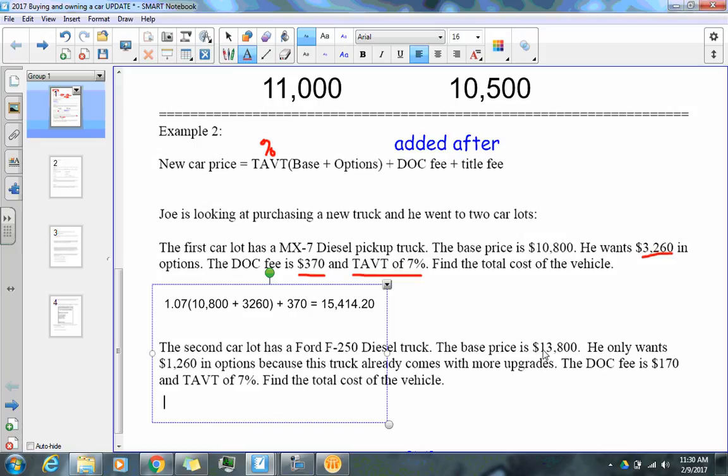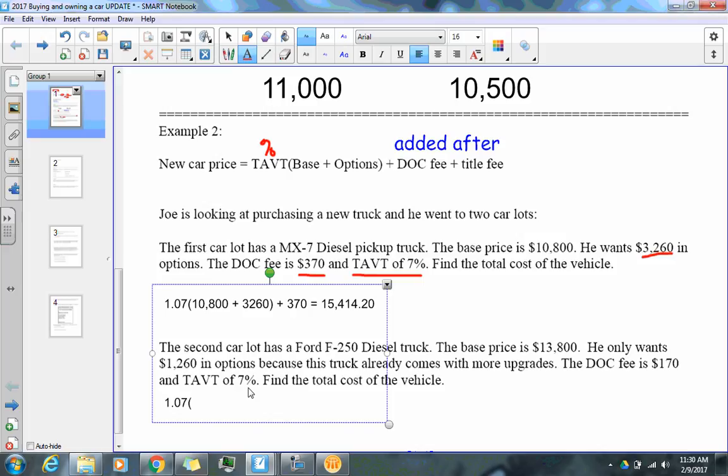The base price is $13,800. He wants 1,216 in options because the truck already comes with more upgrades. All right, here we go. The dock fee is 170, and the TAVT is 7%. Find the total cost. So once again, if the TAVT is 7%, in the formula, I'm just going to put